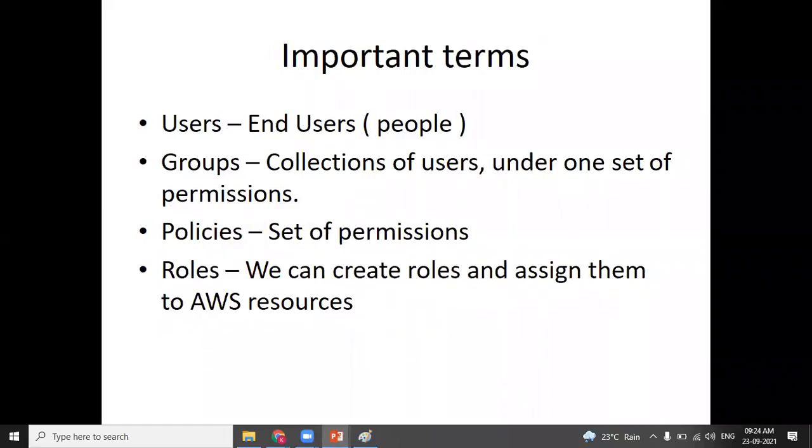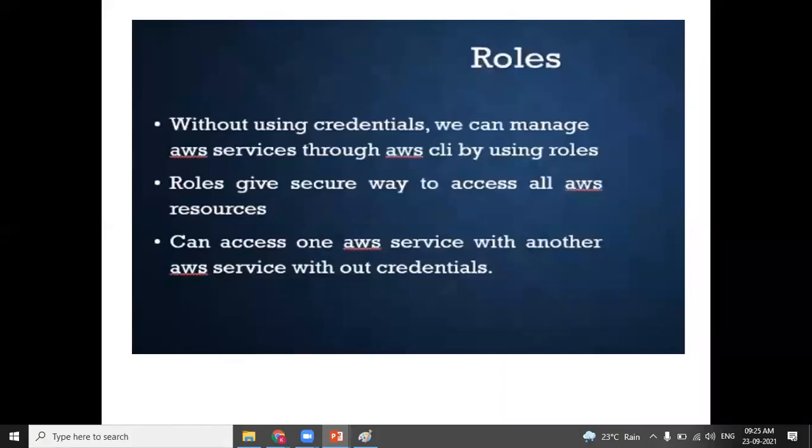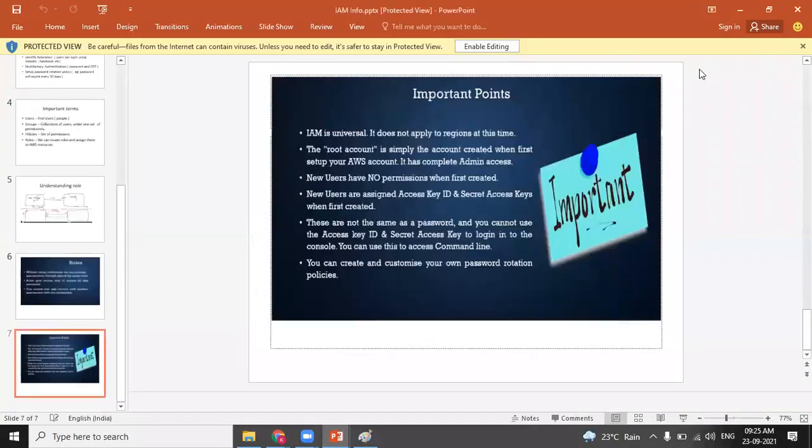In this identity and access management, you will be coming across the term called user. We should be familiar with the term called group. What do you mean by policies? Why should we attach the policies? And we should also be comfortable with the concept of roles. So all these terminologies, we should be comfortable with by the end of identity and access management. We'll discuss the roles feature. So this is a quick theory about identity and access management.